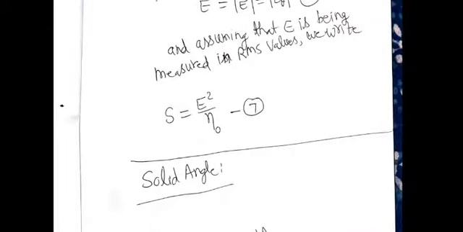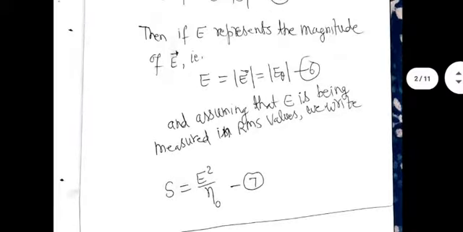What will happen is you'll get a relation between E and S, where both S and E are scalars. S is the magnitude of the Poynting vector, E is the magnitude of the radiated electric field. We are assuming far field conditions, yes. So the Poynting vector is related to the RMS value of the radiated electric field by equation 7. You can prove it very easily looking at the equations given here.